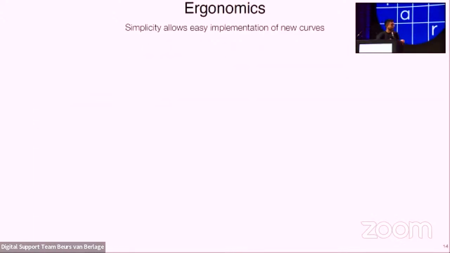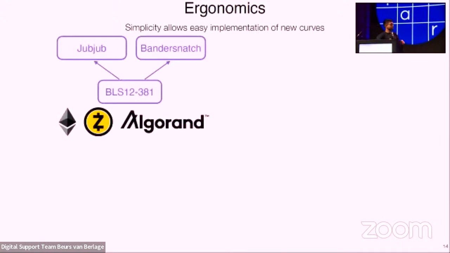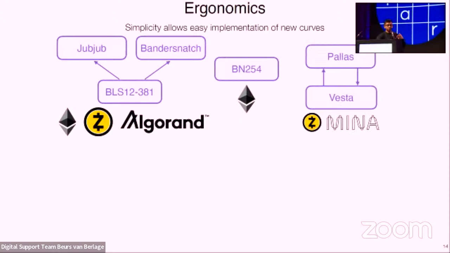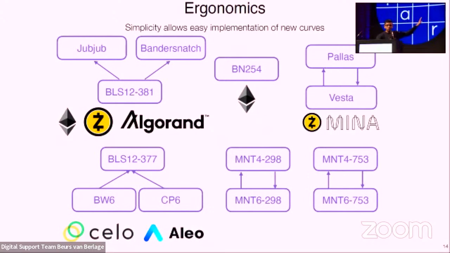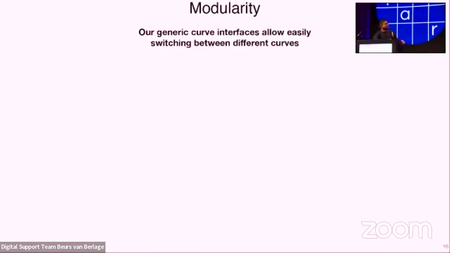Okay? And we've taken advantage of this simplicity and low-effort implementation to provide implementations of a variety of curves that are used in industry, such as BLS12-381, BN254, the Pasta cycle of curves, BLS12-377, and more. Okay? All of this, again, requires basically 20 lines of code to implement each of these curves. Okay? All right. So now we have a lot of these curves, right? Can we actually use them in an interchangeable manner throughout higher level protocols like SNARKs or signatures and so on?